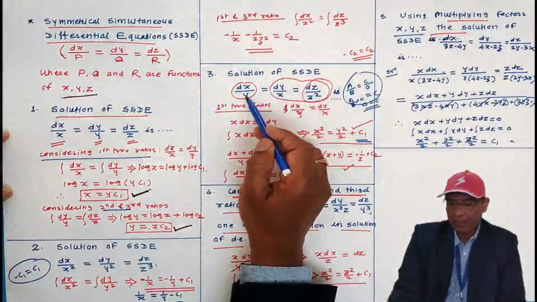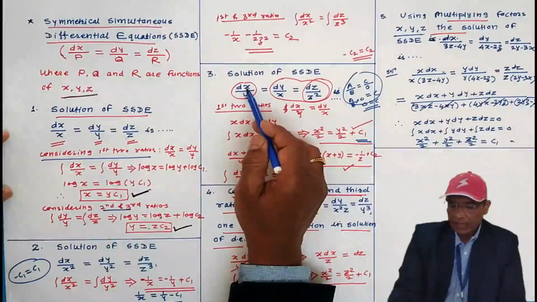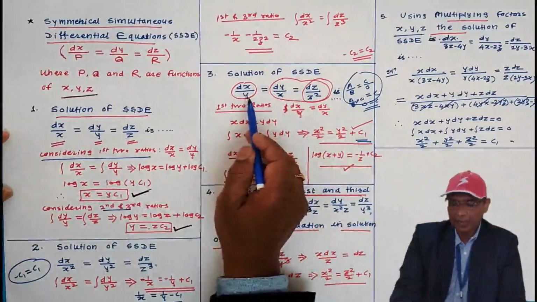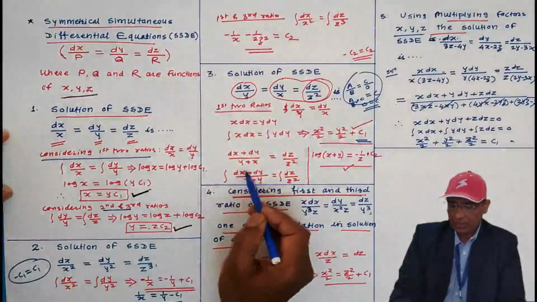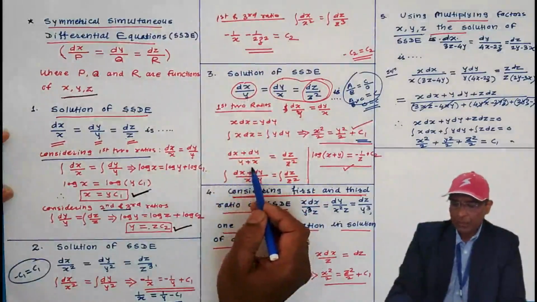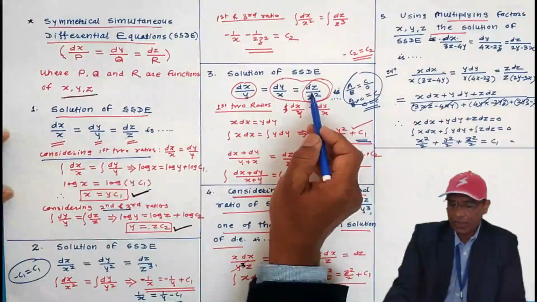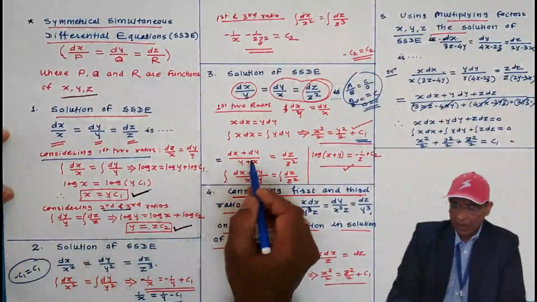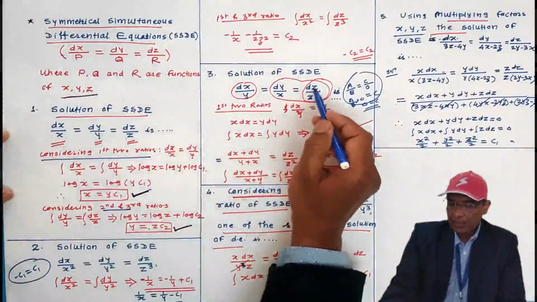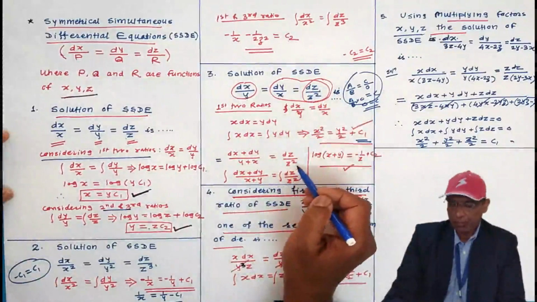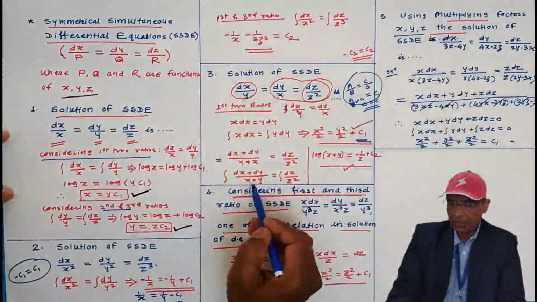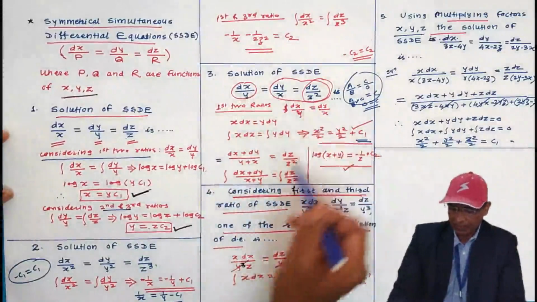proportion property you have to add denominator also, the dx plus dy divided by x plus y, here I have written, okay, because these three ratios are equal and it is equal to this one. I am writing equal to sign here, and that ratio is equated with dz by z square by ratio and proportion property. I have added these two. In the denominator I have to make the addition, and that must be equated with this.